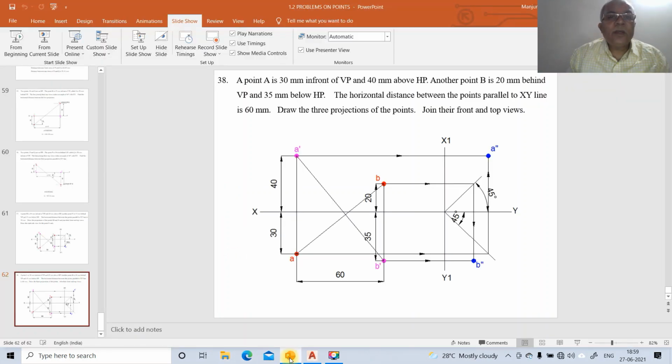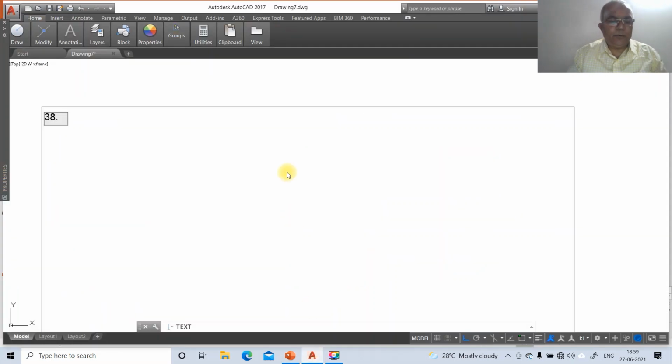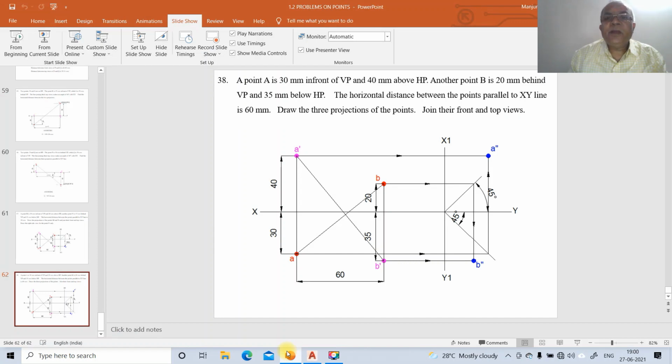A point capital A is 30 mm in front of VP and 40 mm above HP.